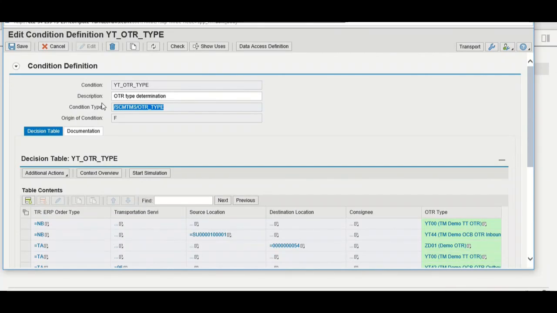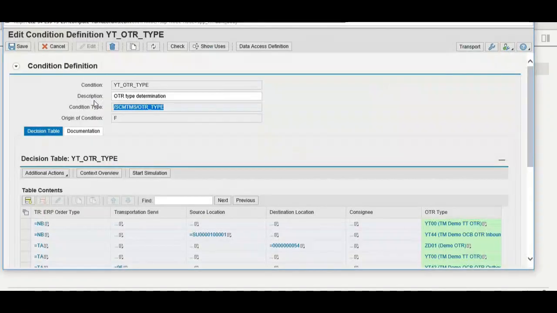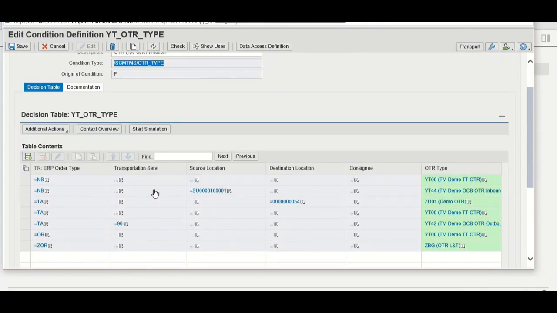This configuration will be in place. This standard OTR type condition type will be defined, but there won't be any condition record created for this condition type. And this is configurable. Let's say out of these five, if I don't want this, I can remove it. If I want one more too,